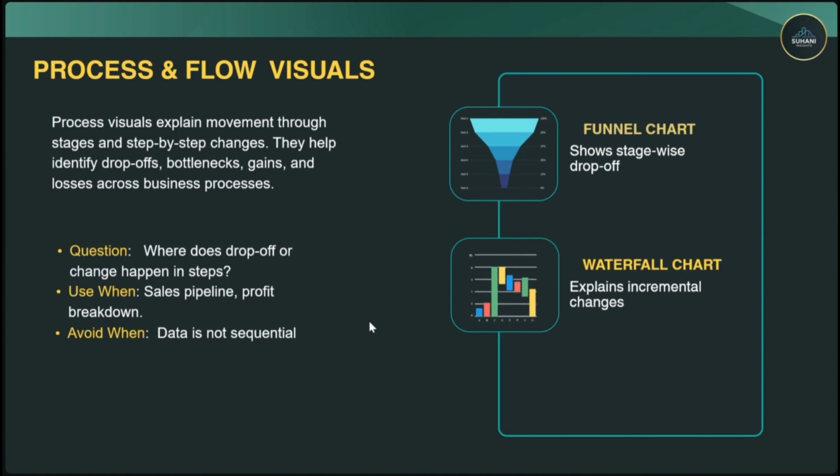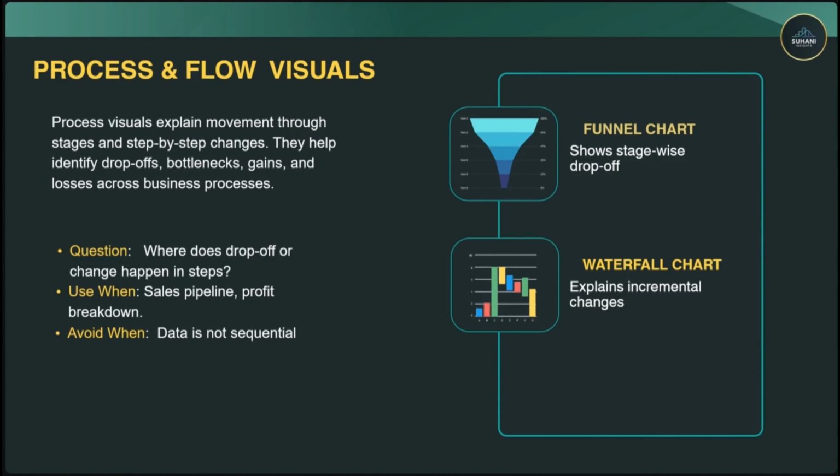Next are process and flow visuals. These visuals help us understand the movements happening step by step, and where the changes are happening. For example, if we purchase a stock, it goes from leads to qualified, then to proposal, and then to sale. There are four to five stages between them. So how many were in the lead stage, which of them were selected, and which were left at the end, as the process goes from top 50 to top 1. If you're talking like this, then process and flow visuals come into the picture.